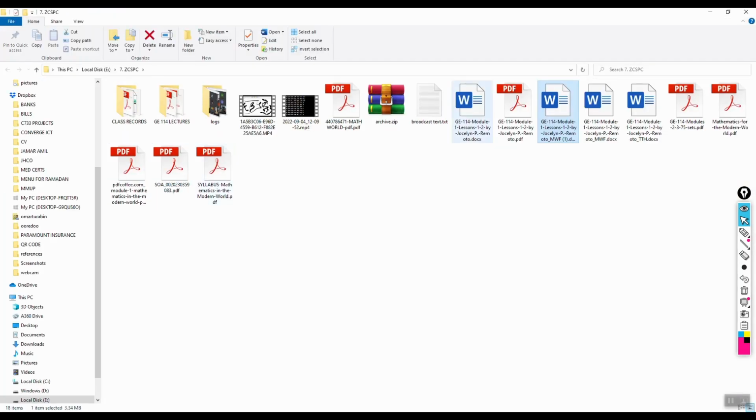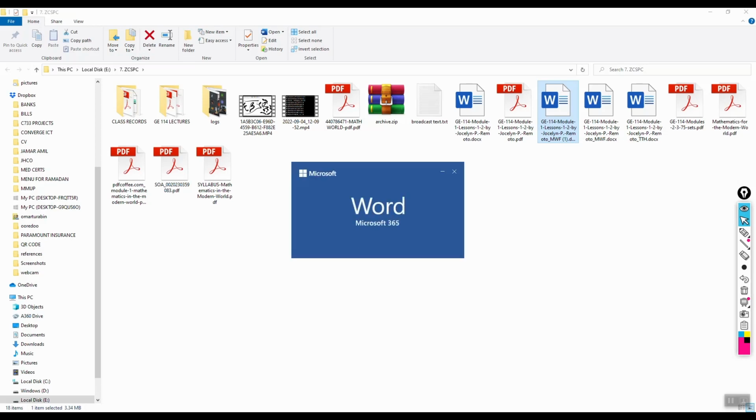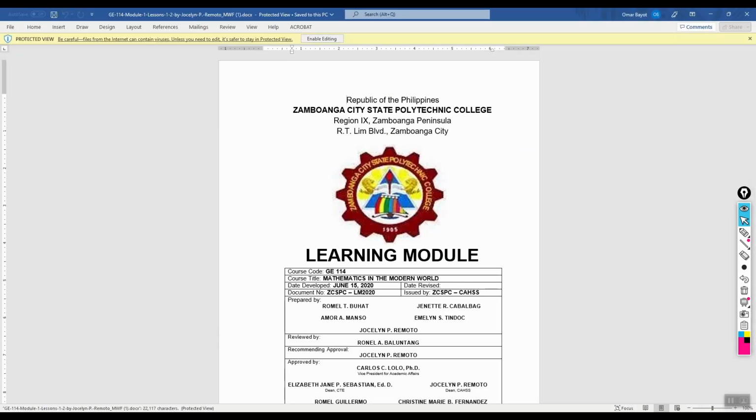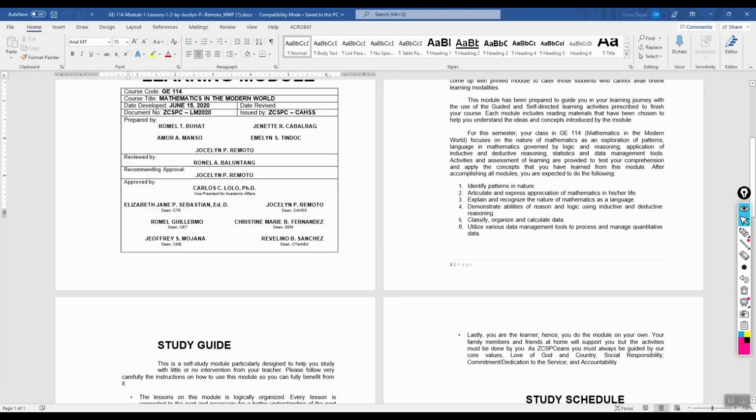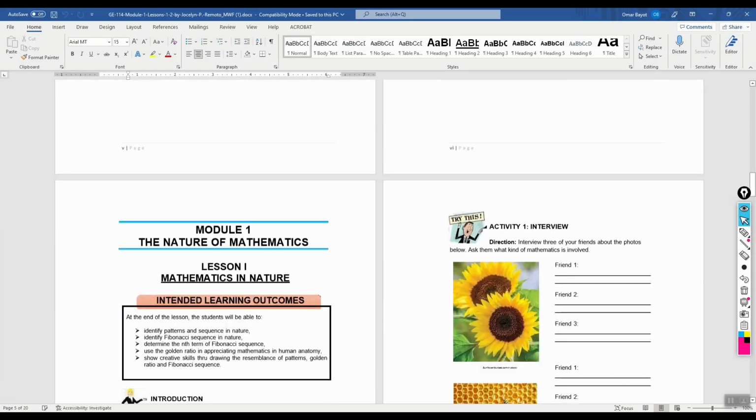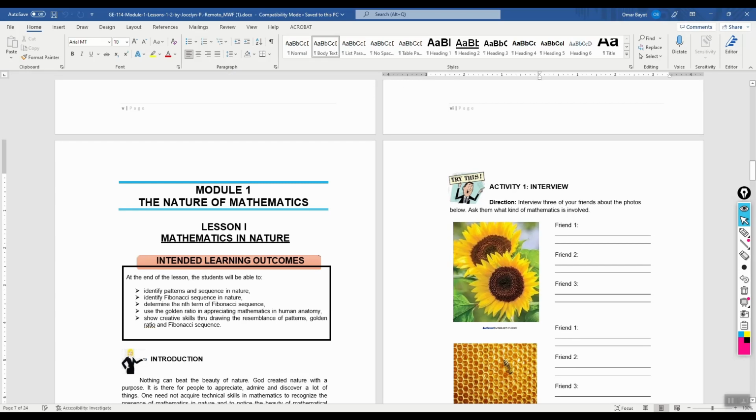So opening it now, I'll open this file. So from here, you can already edit, enable editing, and then go to that page, this one, and then start typing. Okay. Please take note that this one shall be in PDF file again. No, this cannot be handwritten. So first, you need to type here. Let's say for the sunflower, your answer will be, for example,